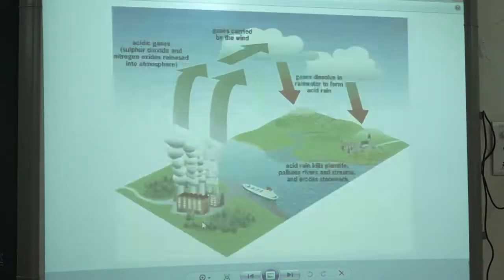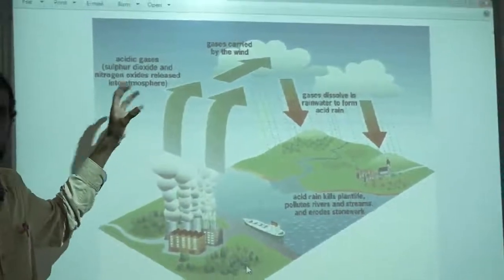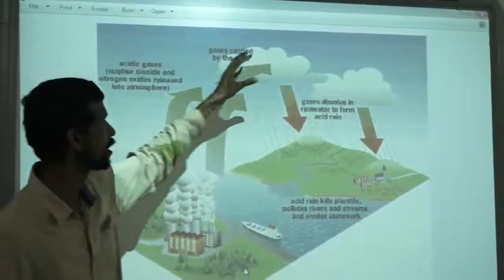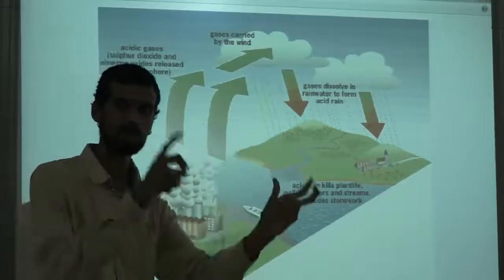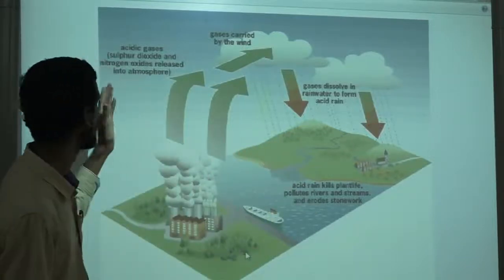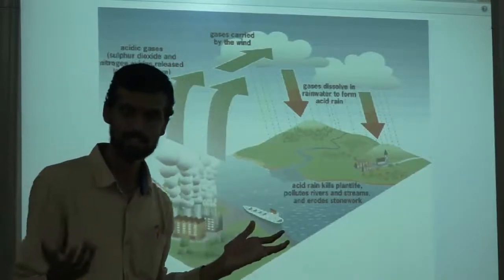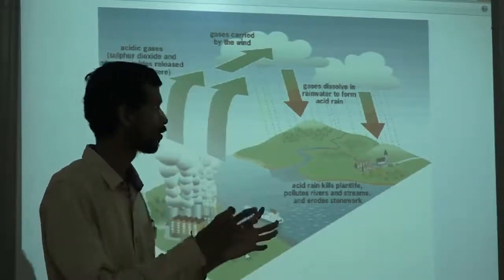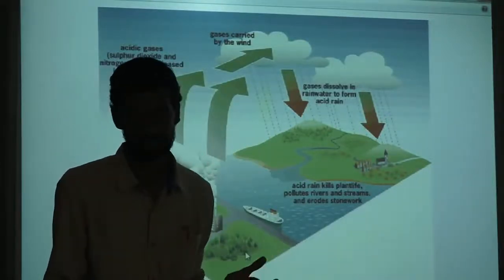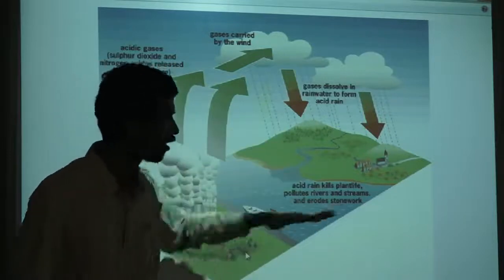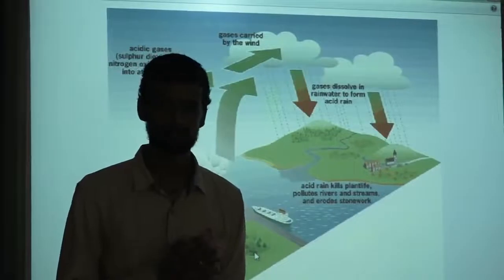Like here, this is acid rain. What is acid rain? Sulfur dioxide, nitrogen dioxide gases are there, pollutants. These mix with the water and they convert into acids. Sulfur dioxide mixed with the water converts into sulfuric acid. Nitrogen dioxide mixed with the water also forms acid. These are the gases released by industries or vehicles. They mix with the water and they turn the rain into acid rain. Okay, and then they fall on the farms. Then the land becomes barren.